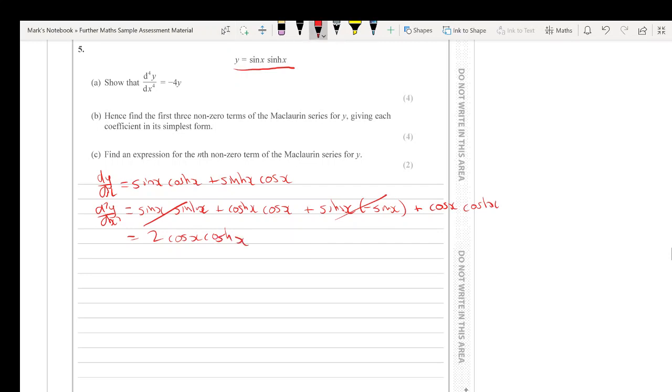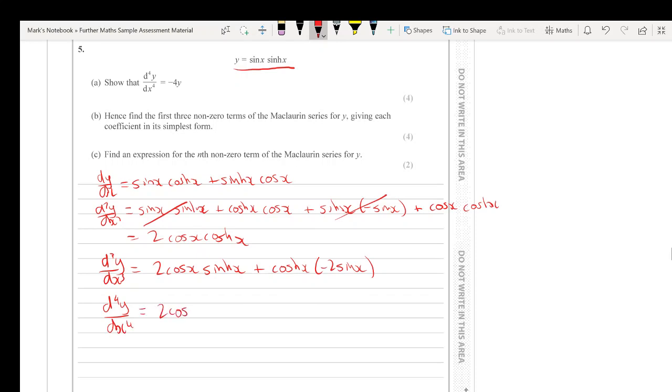Thank you. Right, now that's d2y dx squared. Let's differentiate again. So d3y by dx cubed is going to be first, so 2 cos x, differential of second is sine x, plus second cos x, differential of cos is minus sine, so it's minus 2 sine x. And then finally d4y by dx to the power of 4,